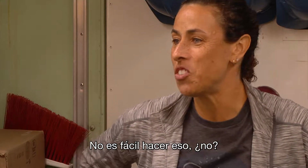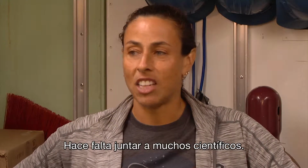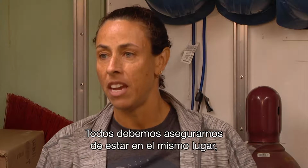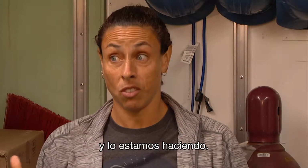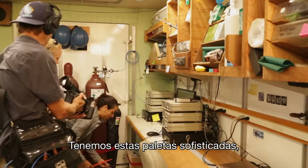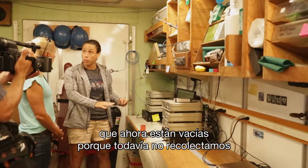You don't get to do that, right? I mean, it's complicated. It takes a lot of scientists to come together. We've all got to make sure we're all on the same page, and we're doing it. And so that's awesome. We have these little fancy paddles, and right now they're empty because we haven't collected any